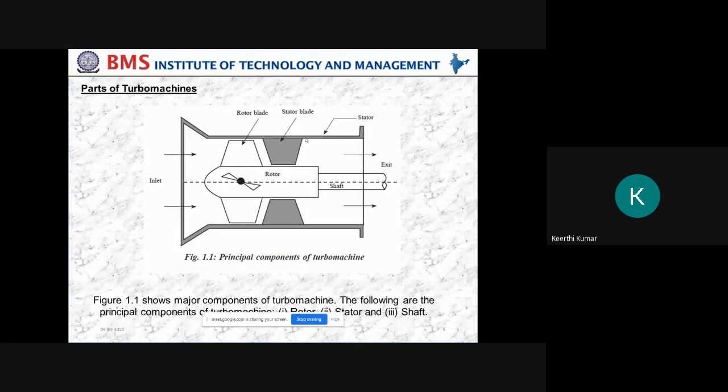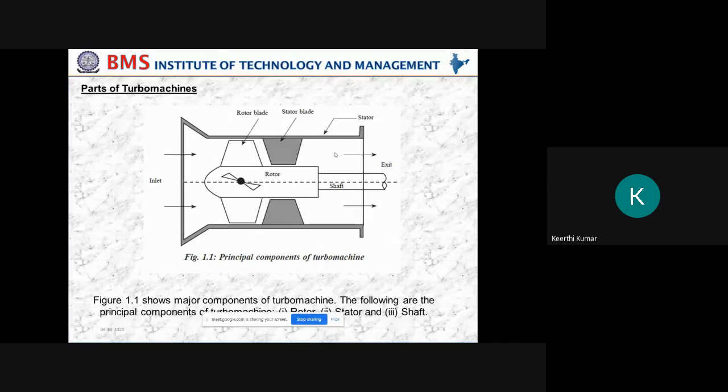In which application are they mandatory? For example, take a hydraulic turbine. If I allow the water to flow through this with a high velocity, water will enter the inlet. Once it is entering, if it is hitting the blades and there is no casing, what will happen? Can you imagine what will happen? If I allow the high velocity water to flow through the blades, and there is no stator or casing, the water may splash around here. So to avoid that, casings are used. In the application of hydraulic turbines, casings are mandatory. Clear? So depending upon the machines or the application, casings are not mandatory in all cases.